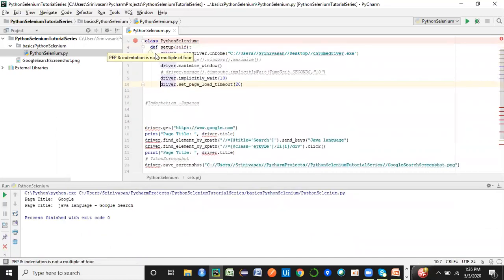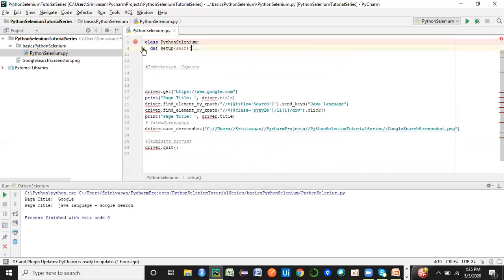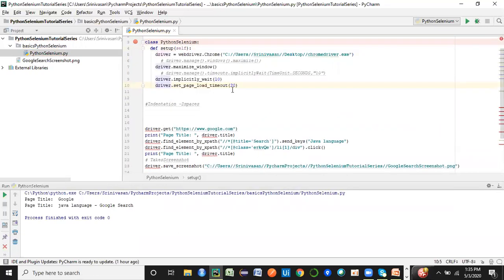indentation. There is a warning shown that it's not a multiple of 4, because here we have taken 2, here maybe we have taken 5. So we can keep indentation the same. If you want to reduce indentation also, you can reduce it. You can keep it the same for all the lines. Now if I again collapse it, it's a part of it. So that is how we define the indentation.